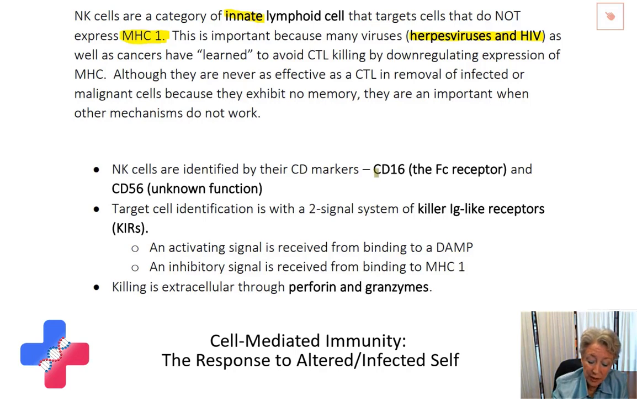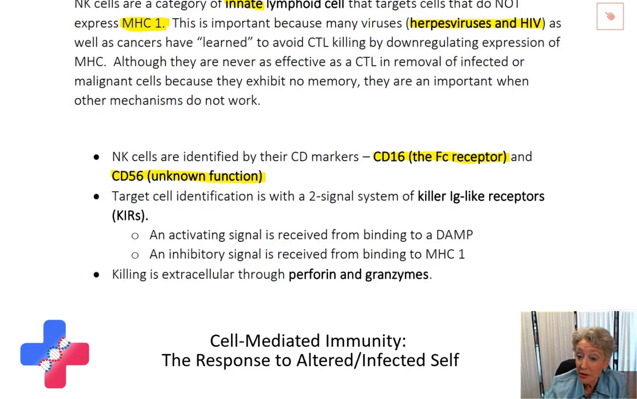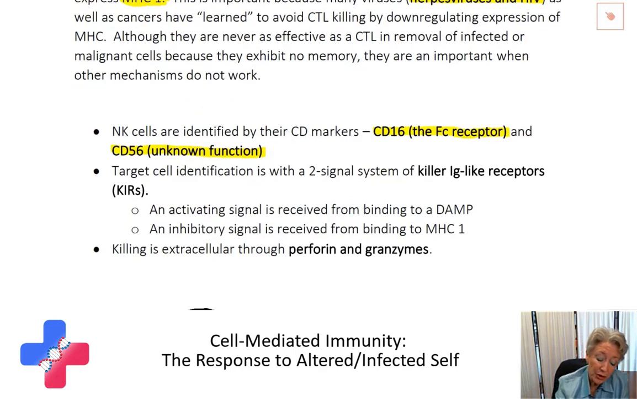Now, we identify them by their markers. They have CD16, which is the Fc receptor on their surface, and they have CD56 on their surface, which is a metalloendoproteinase, but we actually do not know what it does. That's simply how we identify them in a complex mixture. The target cell identification for killing is a two-system signal on this side, and the receptors which mediate it are in the same immunoglobulin superfamily of genes, so we call them killer,